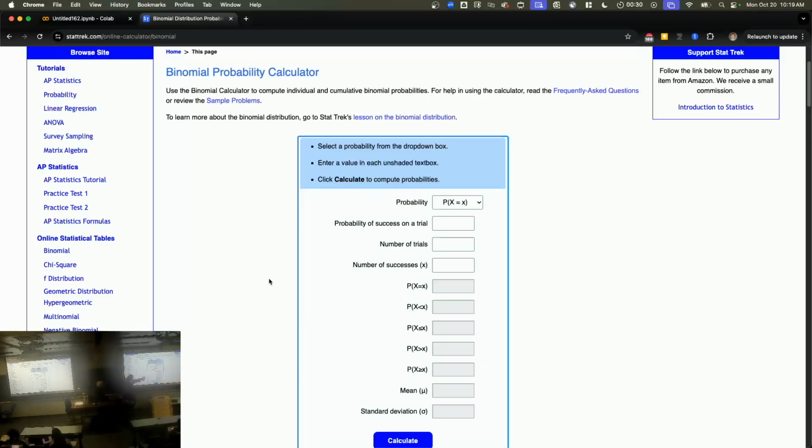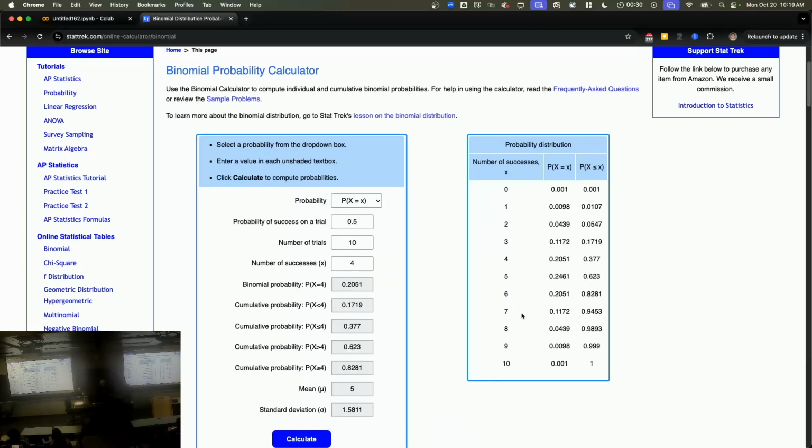And if you type in the right number of things, it'll give you different things. So I guess we did 0.5, 0.5. Number of trials we said was 10. And then we're looking at 4, X equals 4. And we hit calculate. And look, it calculates a whole bunch of stuff for you. It sort of automatically does the calculations. And then your job as the human is to interpret in the context of the problem, which will be on